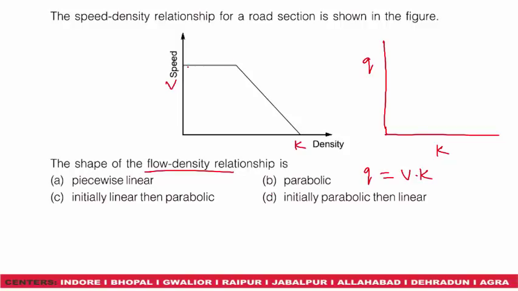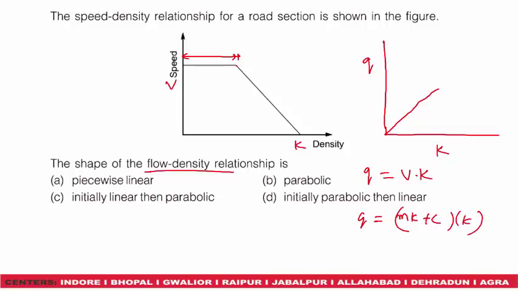Since up to this case velocity is constant, we can say Q will be directly proportional to K, and if Q is directly proportional to K, the relation will be linear. And after that V is a linear function of K. So for the second case, if V is a linear function of K, suppose (mK + C) into K, then we